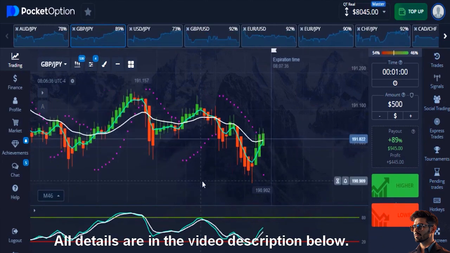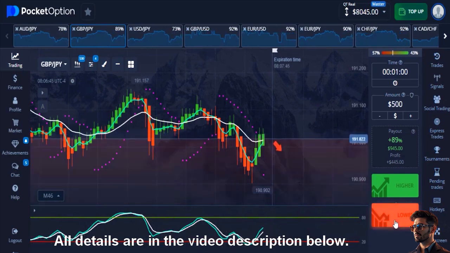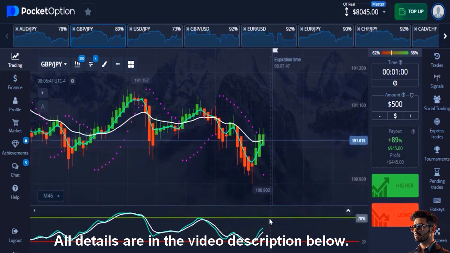The most important thing is to make sure that the both line of your stochastic oscillator is actually giving you a very strong downtrend. Make sure that you are touching the downline anytime you're going for a downtrend, or they are touching the upper line here, which is the